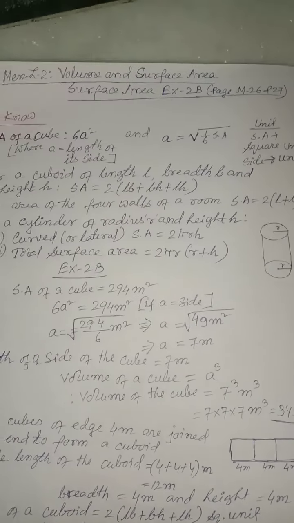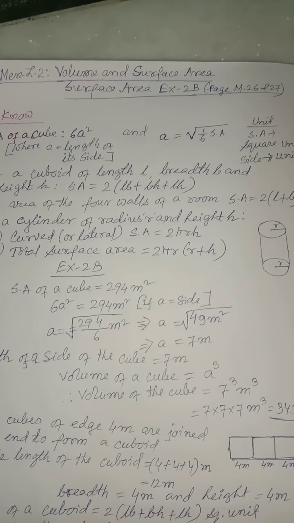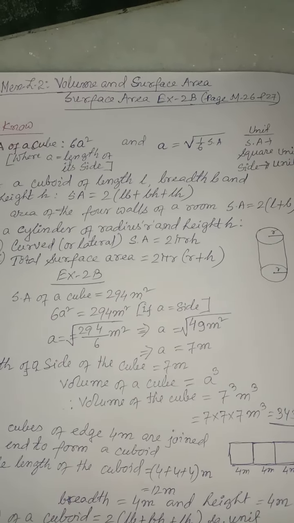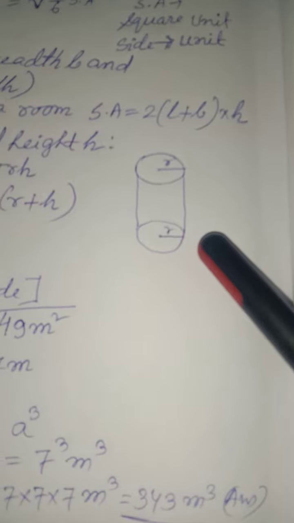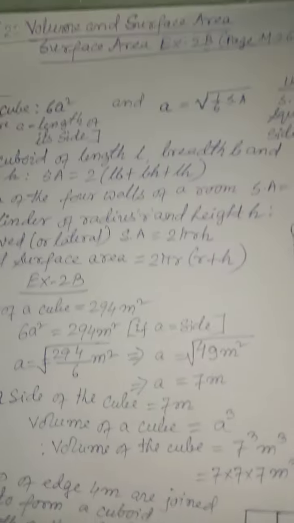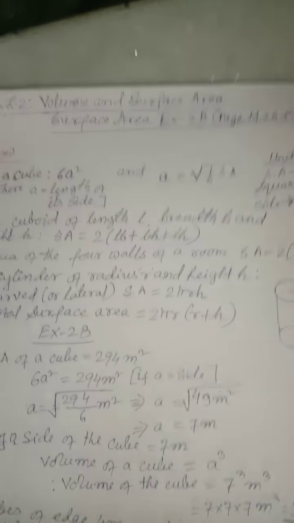Surface, you understand, a cuboid has got six surfaces. A cube has got six surfaces like this. Every solid will have some surface. This type of figure, which is called a cylindrical solid, will have one curved surface and two plane surfaces like this. Then what will be the area of the surface? That is what is our concern.